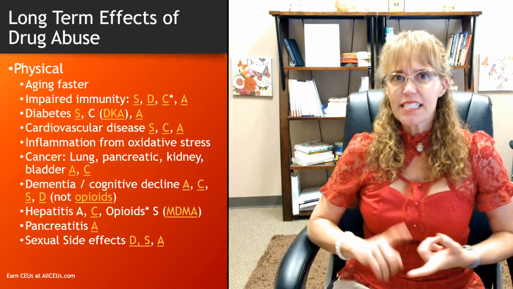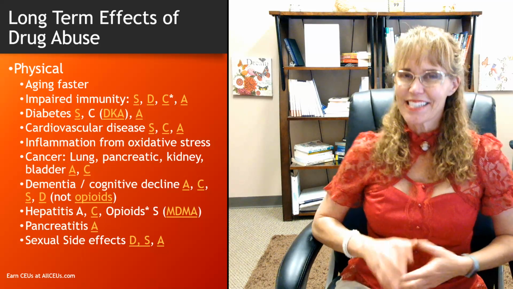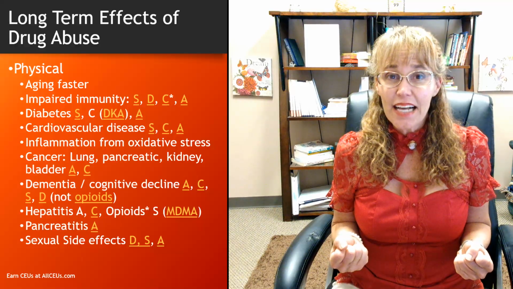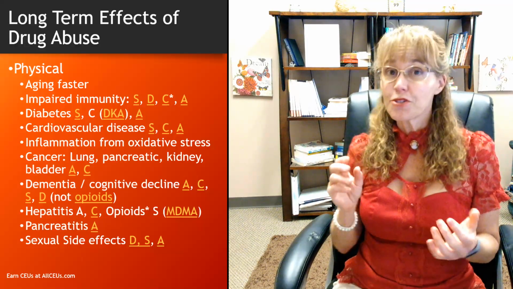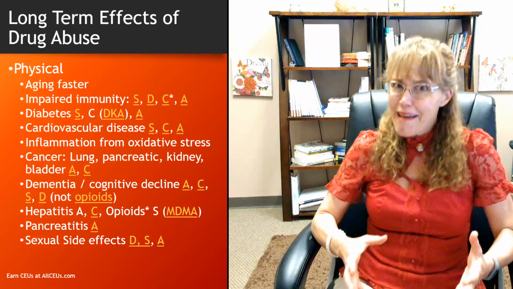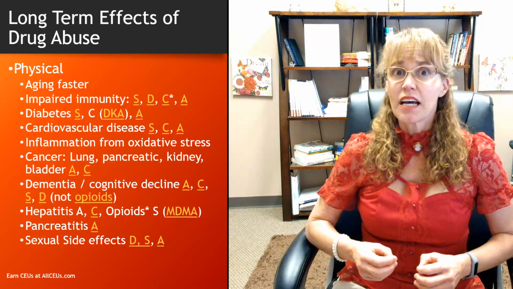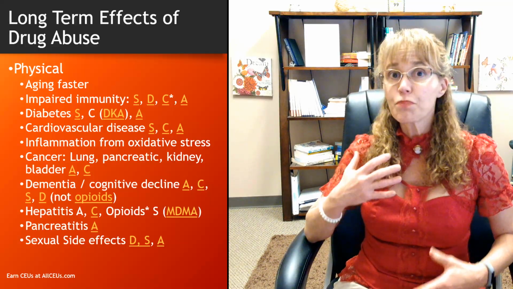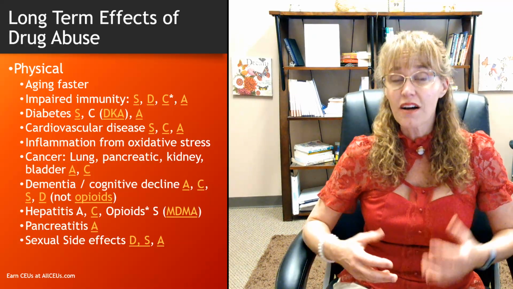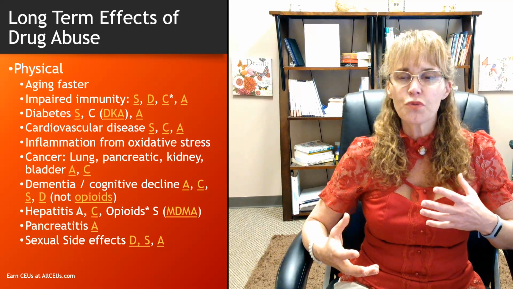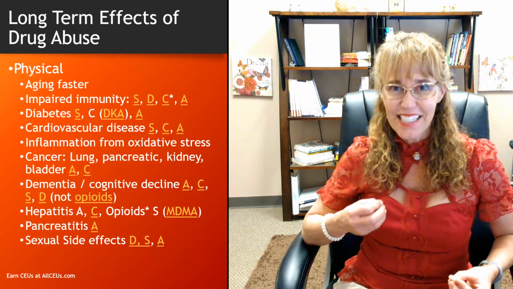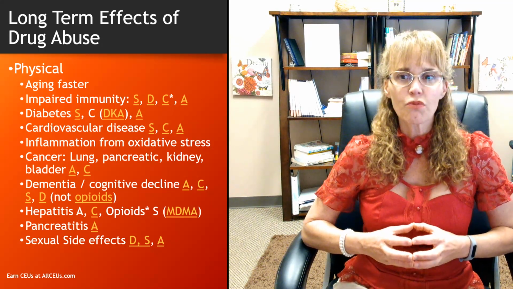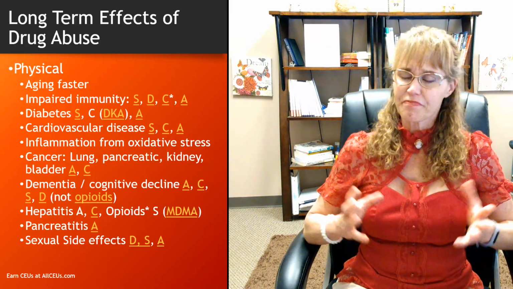Diabetes, stimulants. Okay, well, let's think about this. Stimulants trigger that HPA axis. What happens when we trigger the HPA axis? Our body starts dumping blood glucose to prepare us to fight or flee. So yeah, it can make sense that habitually using stimulants can keep blood sugar levels too high for too long and start causing the body to react in a negative way, and it definitely does increase the risk of developing type 2 diabetes. Thought that was interesting.